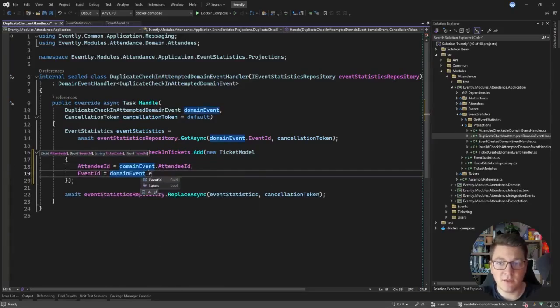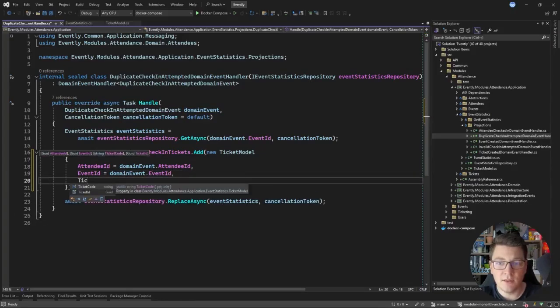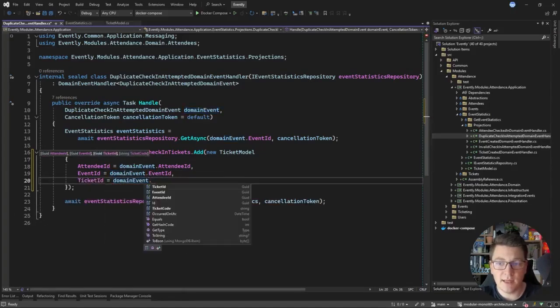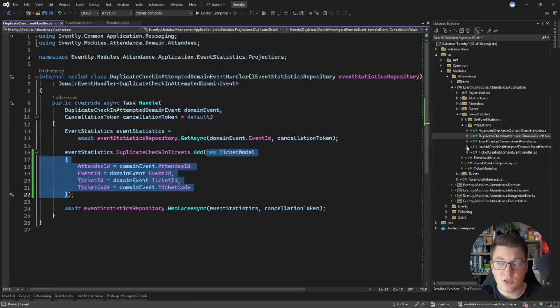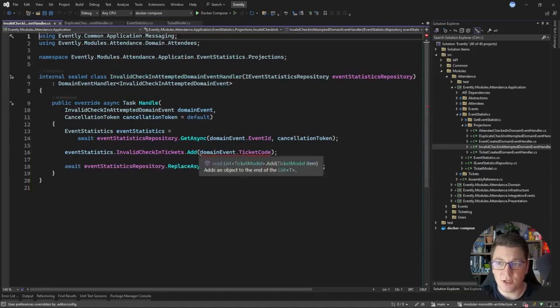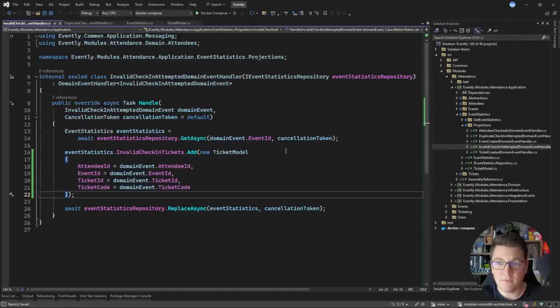Let's also specify the event identifier, the ticket identifier, and lastly the ticket code. Let's also apply this in the invalid check-in projection, where we have the same information available on our domain event. And now what we can do is to start the application, go into MongoDB, and remove the document that contains